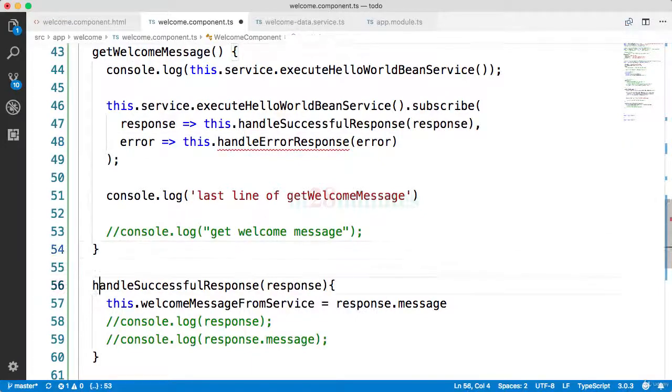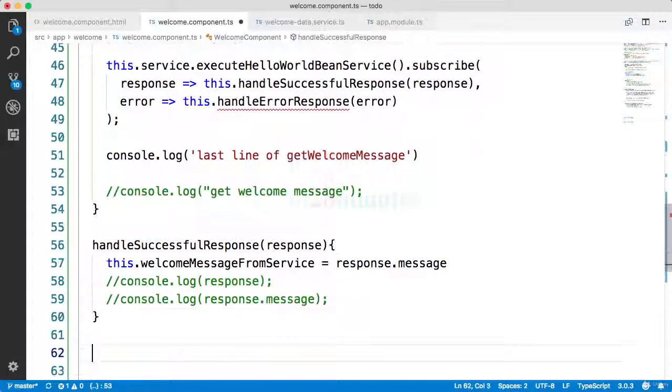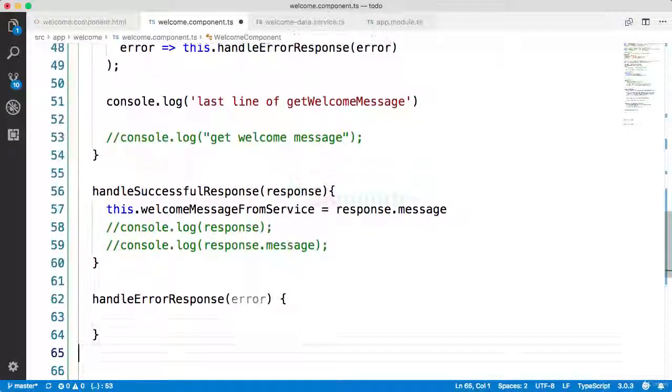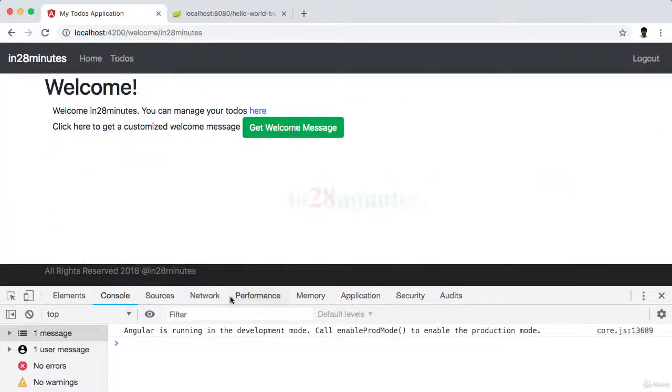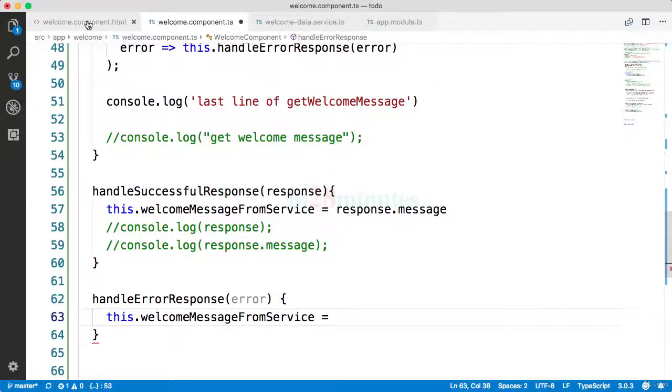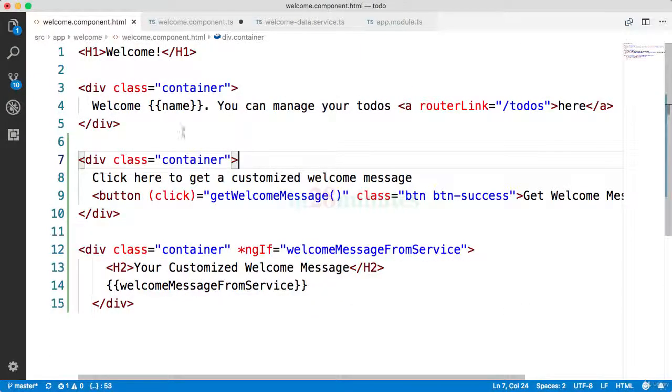The handle error response method is not yet defined in here. So let's do that. Handle error response for error. And let's handle that in here. What we would need to do, I'll say this dot welcome message from service. I'm taking a shortcut in here. The ideal way you would do that is by probably adding an error message at the top. So you would go to the welcome.component, have another div at the top, which would be shown only if the